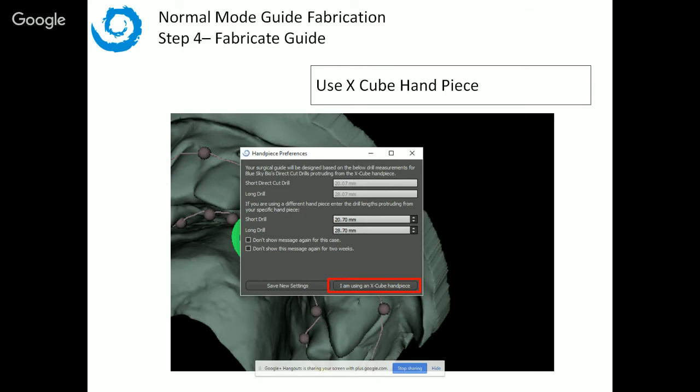So if you're regularly using a different handpiece, then you could change it on your defaults in the software, save new settings, and that will be taken care of for you from that point forward. If you're a lab or a service center, if you're handling different cases with different handpieces, you could change it on a per case basis and not a problem. But this is the way that we check to make sure the measurements are correct for the particular handpiece that